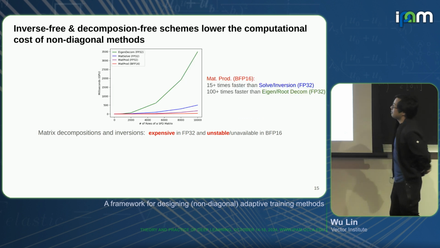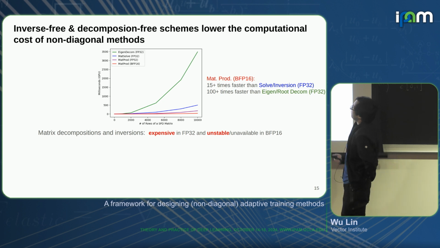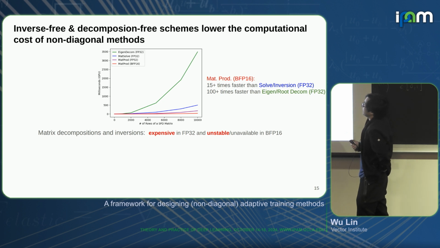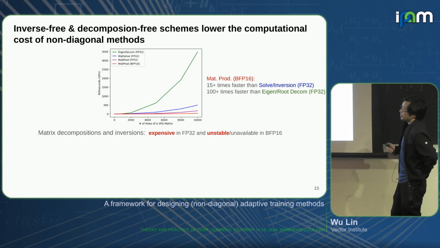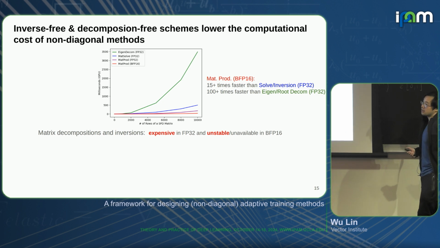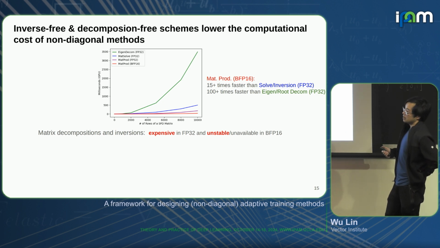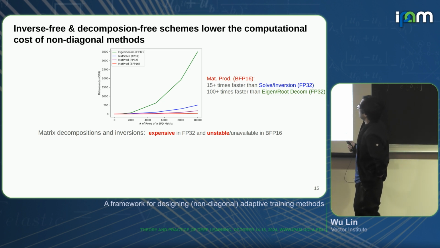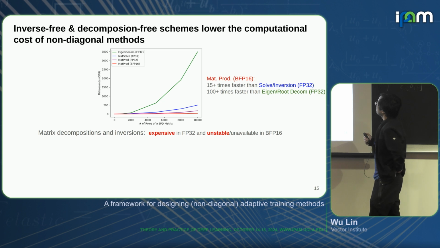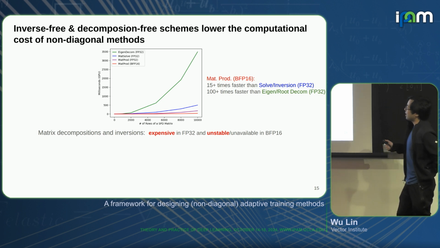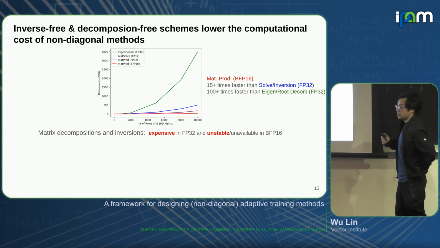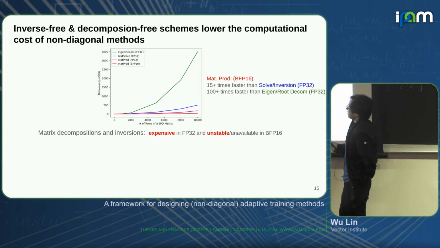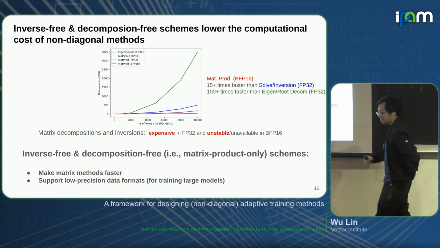So now let's look at another figure. As you can see, performing one matrix multiplication in half precision is 15 times faster than using one matrix solve in single precision. And it's 100 times faster than doing eigen or root decomposition in single precision. And let me remind you that these operations are unavailable in half precision. So this suggests that we can make,